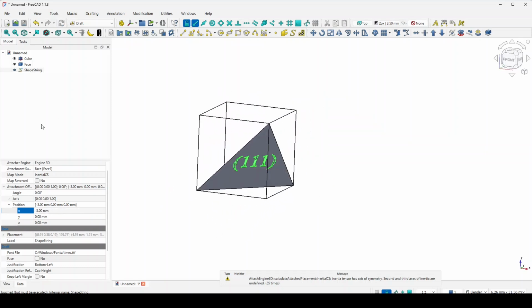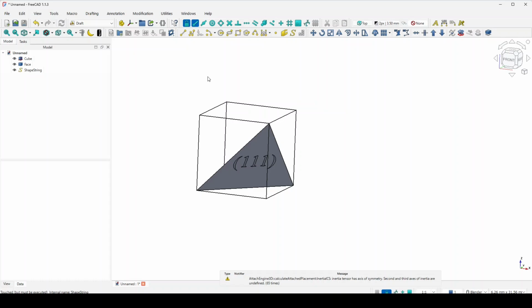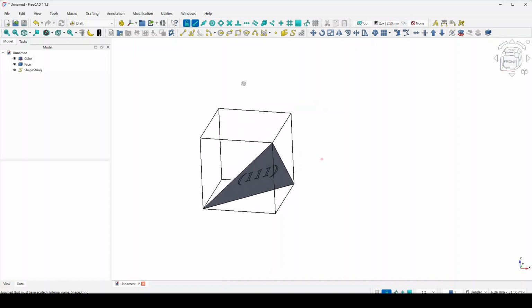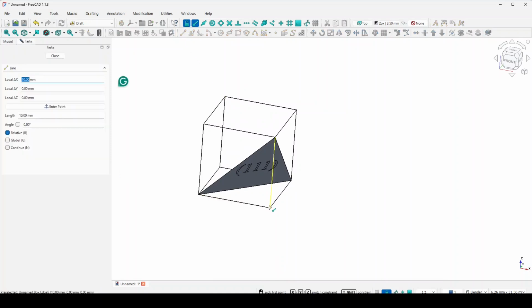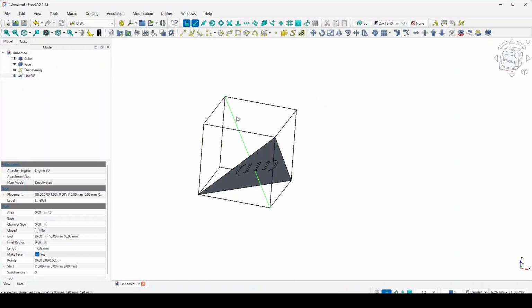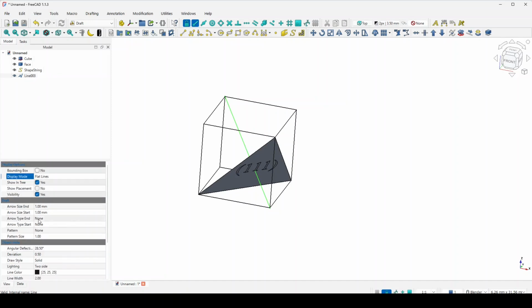now the text is finished, and we need a direction. This direction will be this body diagonal. Click this point and this point. This is the body diagonal 1 1 1 direction, and from the line view tab, the arrow type, end, you choose arrow,